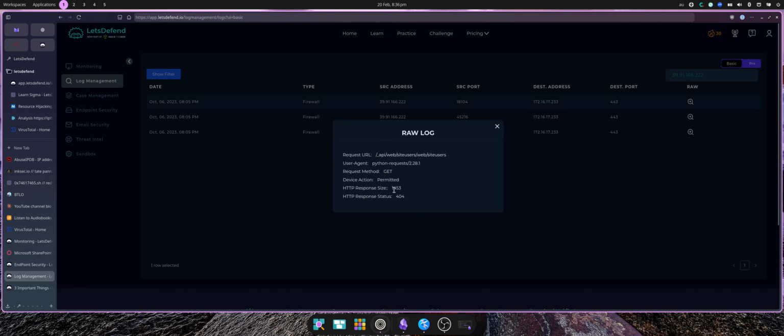So permitted to the site _api/web/siteusers, which we know is the API endpoint that is vulnerable. 404 was the response for that. Then _api/web/currentuser, we have a 200 response, so that was successful. And again to the web users, a GET,